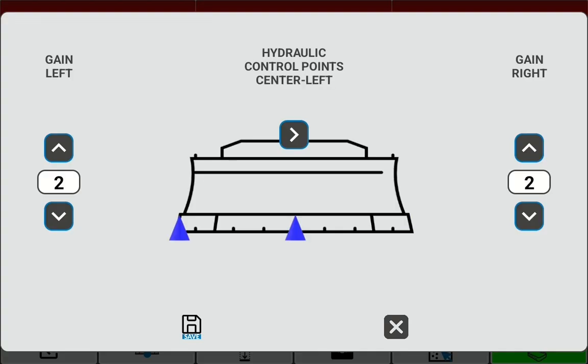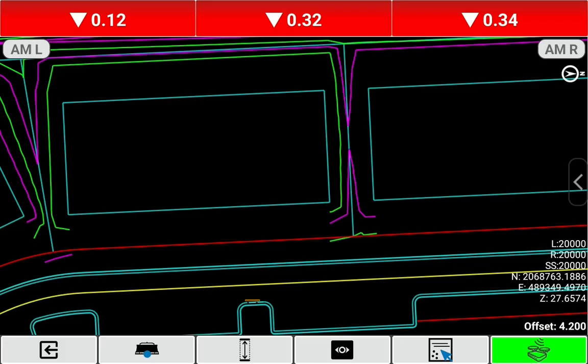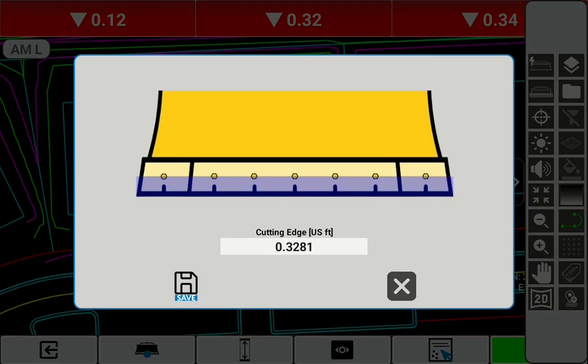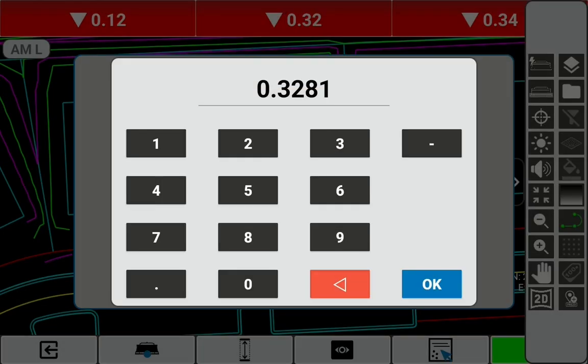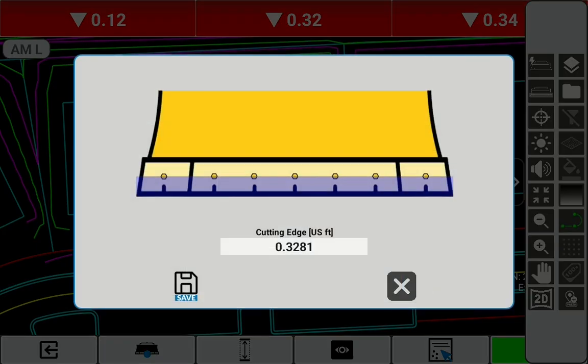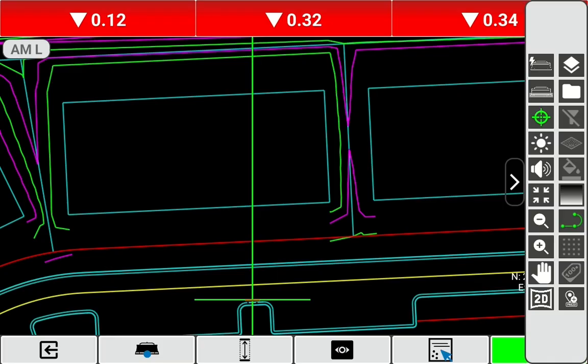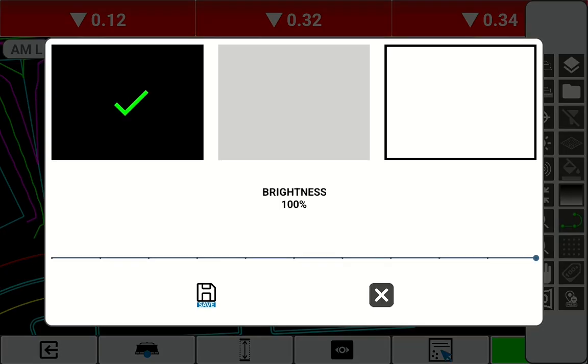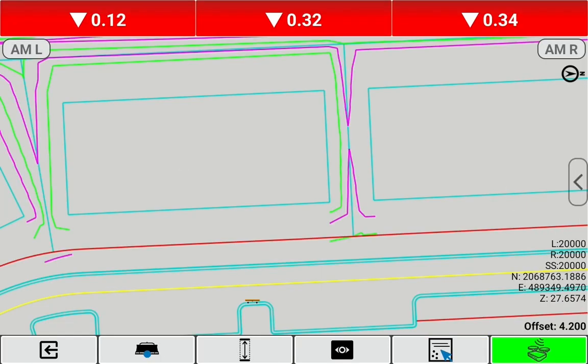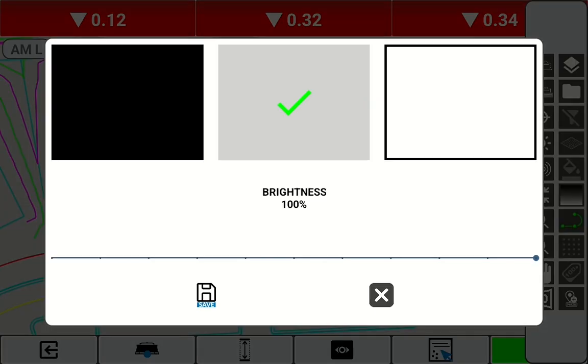Up is faster, down is slower. Below that, we have our cutting edge blade wear section if you need to make an elevation change to your real-time elevation. Then we have our guideline that will change with the left, right, center for your working tool point. Then we have our brightness and background color. If you need to change the background to help you see certain color lines, that's where you do that. And if you need to dim or brighten the screen,